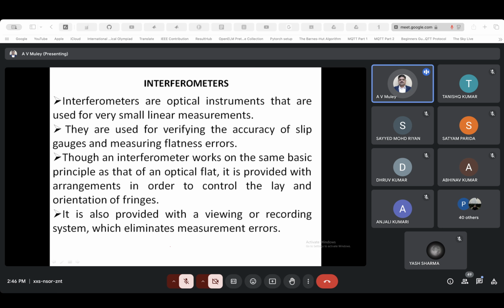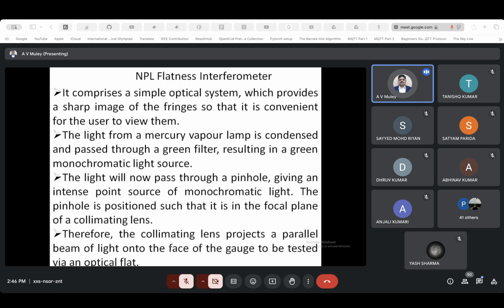तो ये आप उसमें कर सकते हो, ये तो मैनुअल हम कर सकते हैं ऑप्टिकल फ्लैट से, बट अगर आपको और प्रिसाइज मेजरमेंट चाहिए, तो उसके लिए यू रिक्वायर द स्पेसिफिक थिंग दैट इज कॉल्ड एज इंटरफेरोमीटर, जिसमें कि हम ऑप्टिकल फ्लैट यूज करते हैं। इट इज आल्सो प्रोवाइडेड विद द व्यूइंग और रिकॉर्डिंग सिस्टम, तो आप इसमें व्यू और रिकॉर्ड भी कर सकते हो, व्हिच एलिमिनेट्स द मेजरमेंट एरर। सो इसमें अलग अलग तरह के होते हैं। NPL, जैसे दिल्ली में भी है NPL, पूसा रोड में कहीं मिल जाएगा आपको, वहाँ है इसका ऑफिस, तो वहाँ यही चीज करते हैं लोग। तो ये कुछ रेफरेंस है दैट दिस इज फॉर द पर्पस ऑफ दिस कैलिब्रेशन बेसिकली।